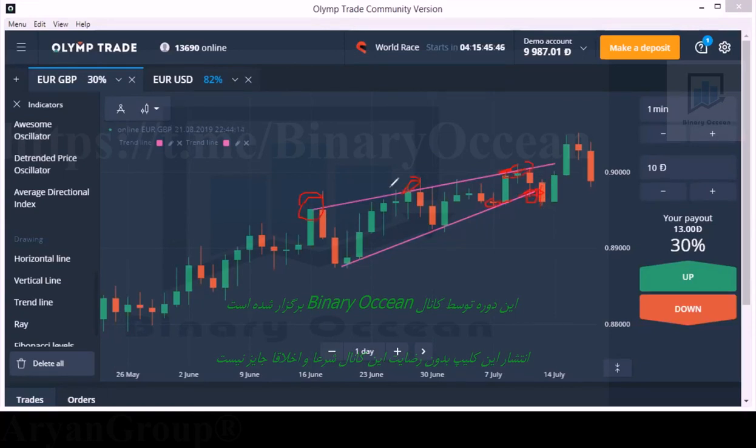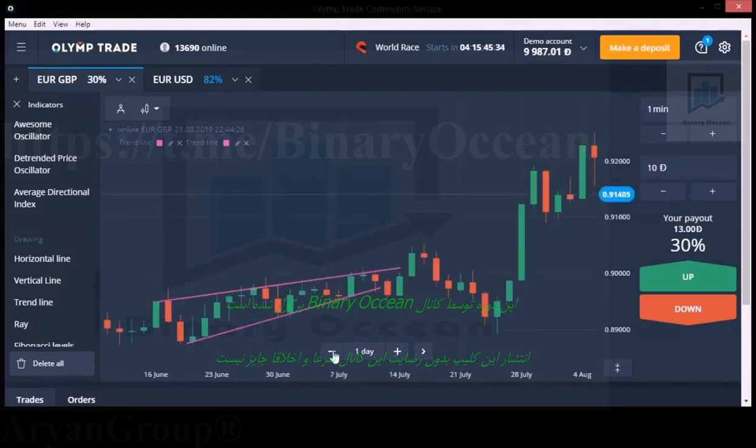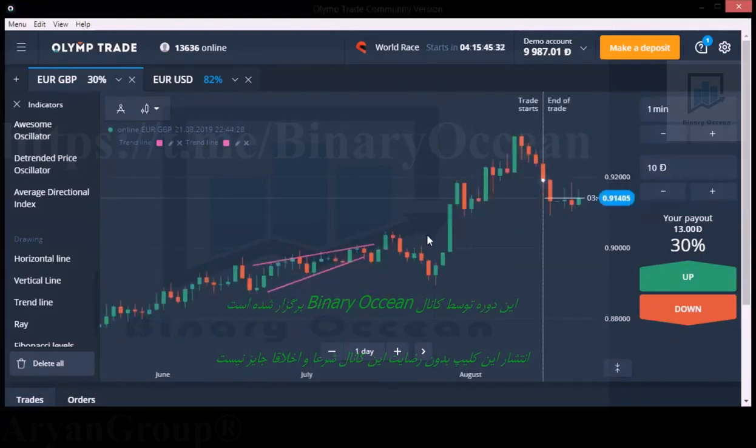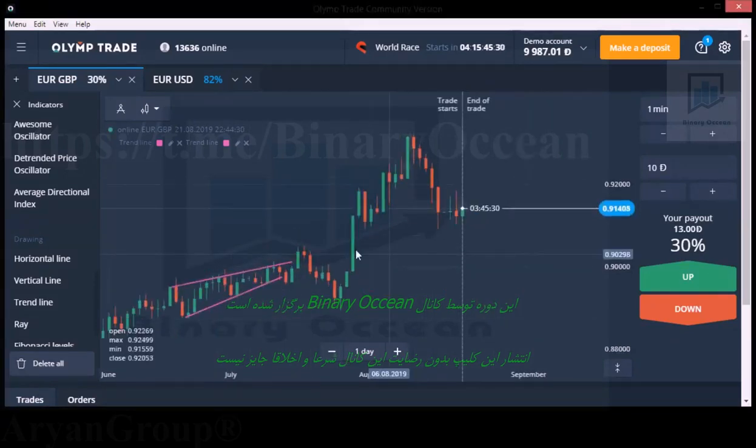So if you see these two levels, you can get the third point here. If you see these two points, this will be your entry point, and you can get some profit here. Okay, there is no proper movement in the market here, so there is no opportunity now.